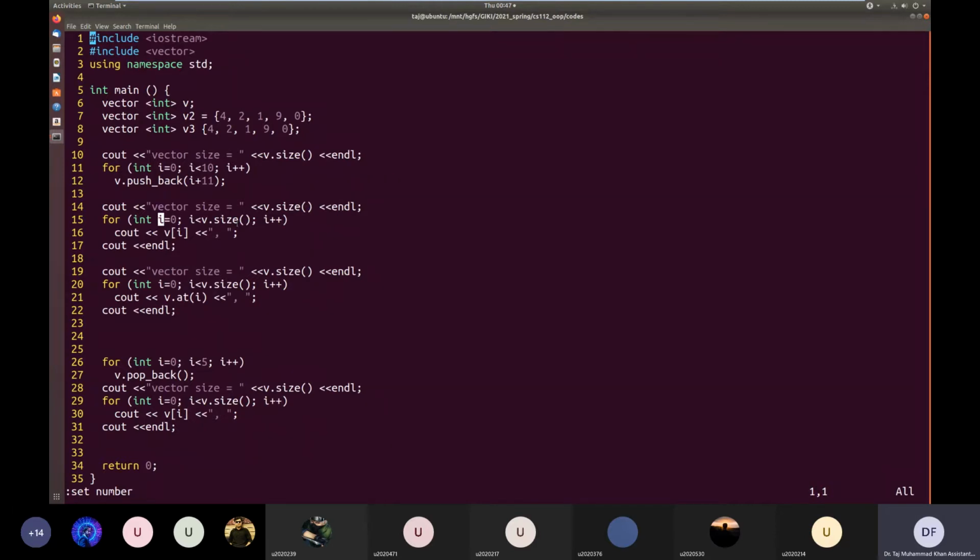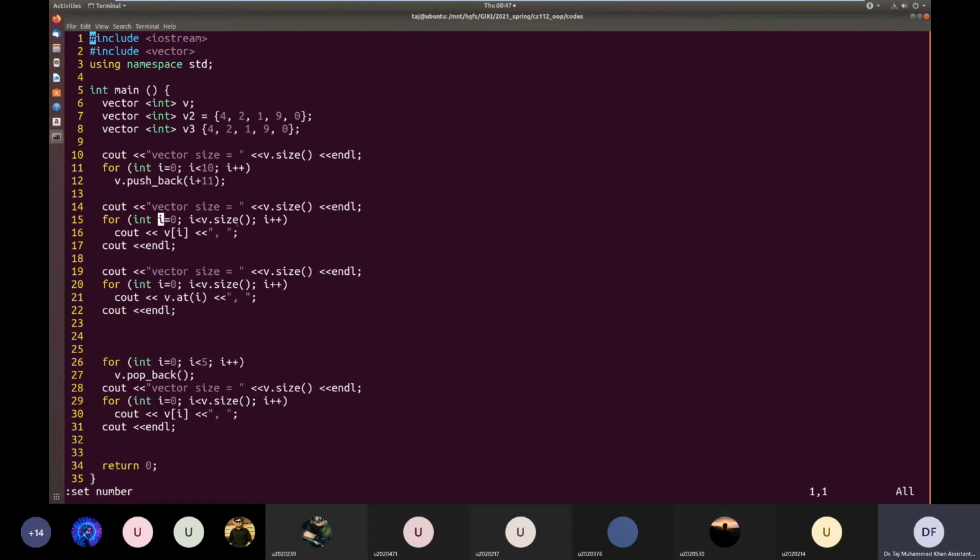container. The advantage of using this iterator method over this method with I is that this is a standard way and it works with every container. Every container supports an iterator. So it might happen that if you want to use this I thing, it might work for certain containers and it might not work for other containers. But the iterator is the standard way of traversing containers, and it is guaranteed that if you have the proper iterator, you can access or traverse any container from start to end.